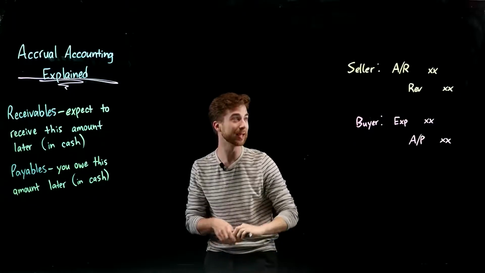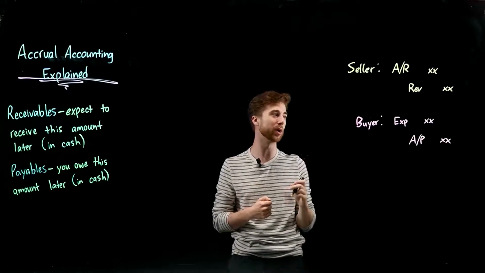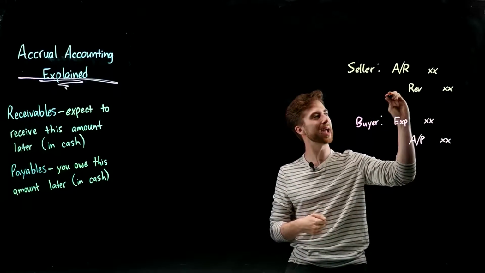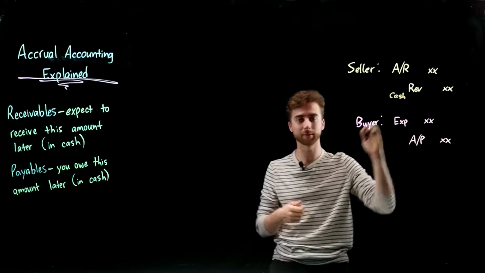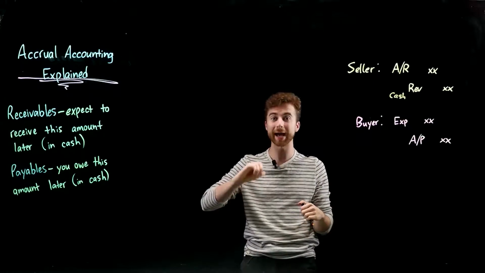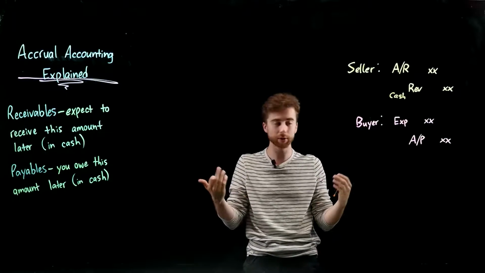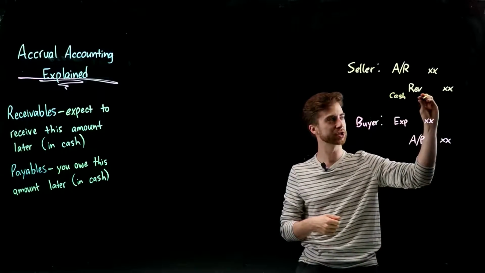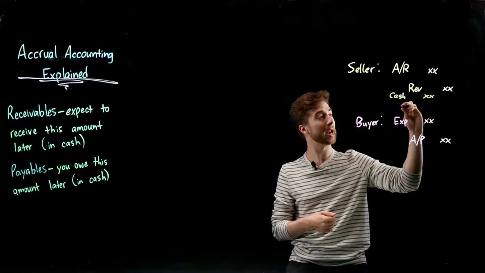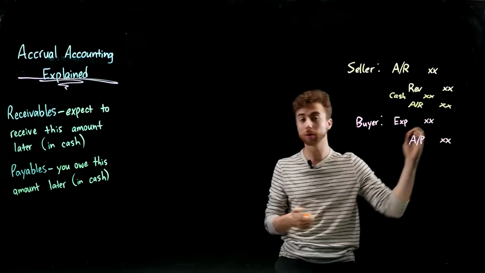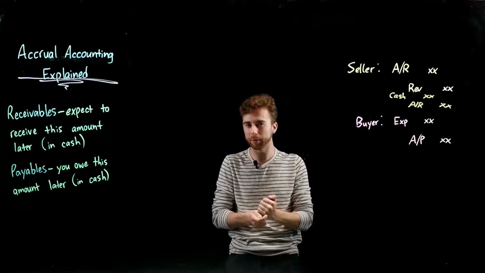And then at a later point, once we actually collect it, I'm going to recognize my cash, right? I now have cash once they do come forward and go, hey, thank you for putting that on my tab. I'm paying off my tab now. Here's the cash. We're good to go. I go, okay, awesome. I'm going to recognize my cash for the dollar amount that they paid me, and I'm going to reduce the balance in my accounts receivable, because I no longer expect to receive it. It's not receivable, it's received.